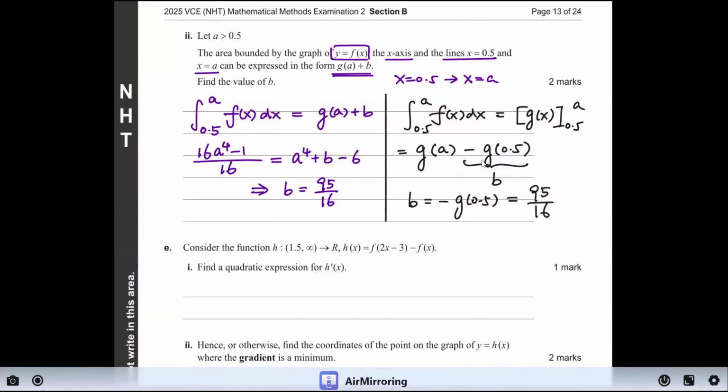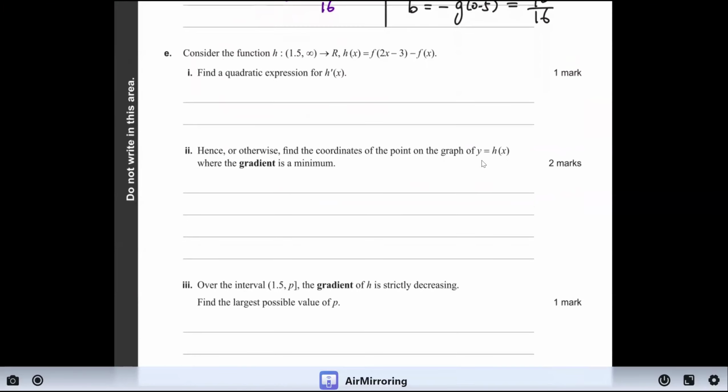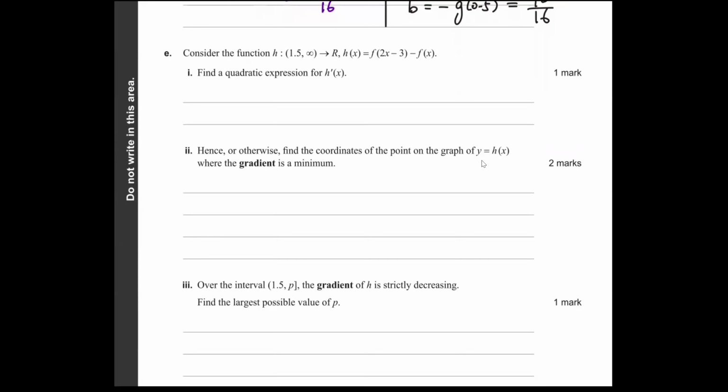Okay. Now, consider the function h for x greater than 1.5. H of x is f of 2x minus 3 minus f of x. Find a quadratic expression for h dash. Otherwise, find the coordinates of the point on the graph where the gradient is a minimum. On the original graph, the gradient of h is strictly decreasing. Find the largest possible value of p. Okay, so